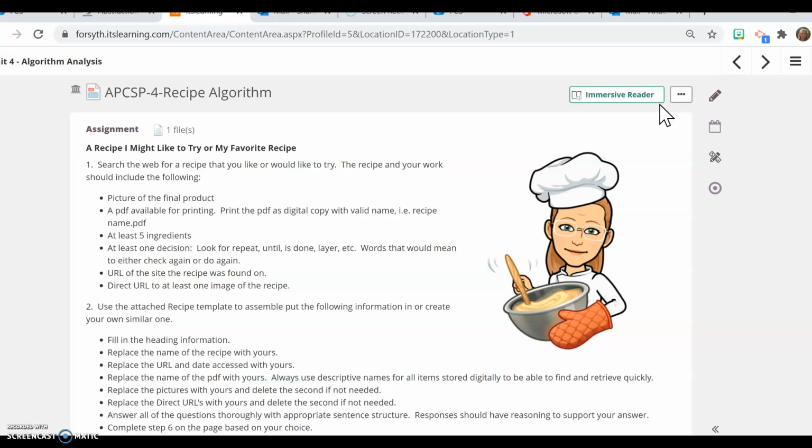Your recipe must have at least 5 ingredients. It must have at least 1 decision. So when you're reviewing your recipe, look for words like repeat, until, is done, layer, words that would mean to either check again or do again. The URL of the site the recipe is found on, and the direct URL to at least 1 image of